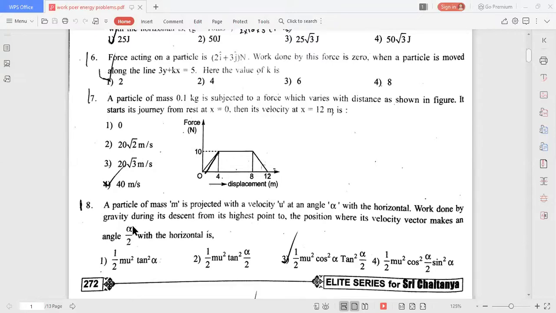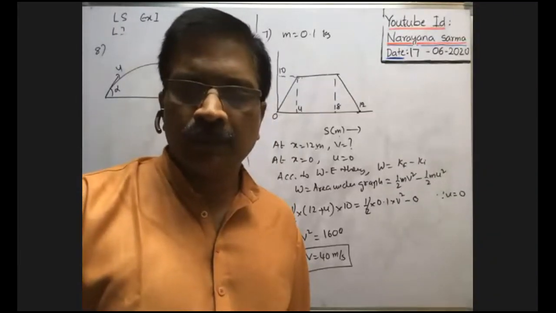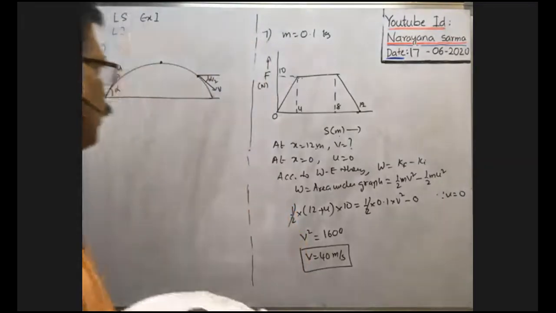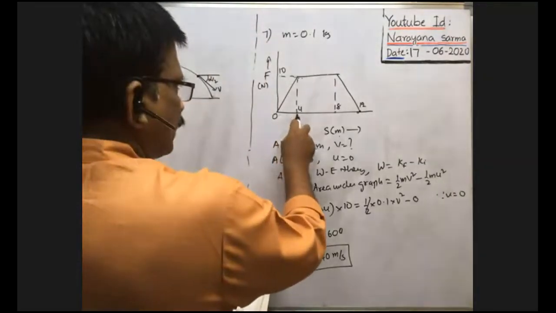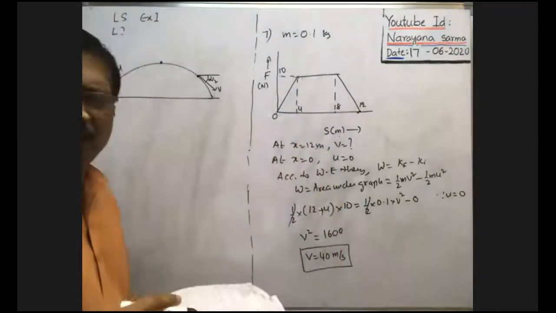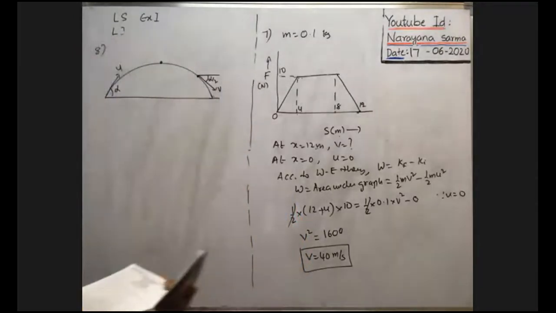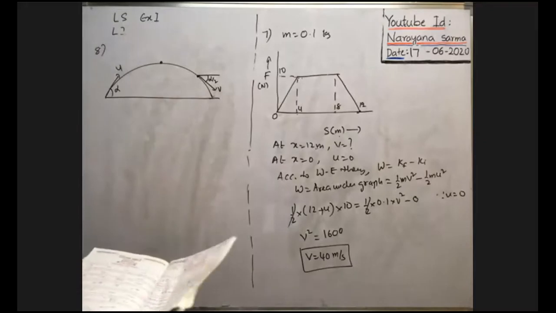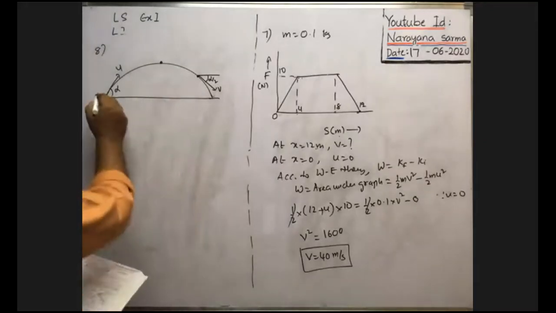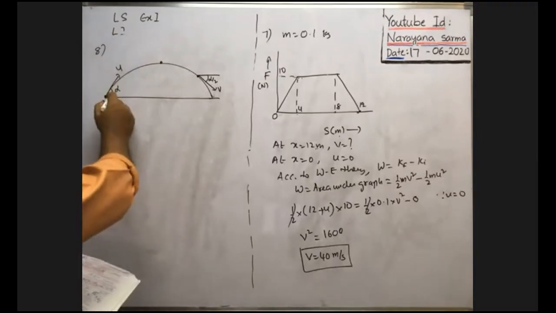Good problem. All of you see that problem. Okay, now all of you look at the board. Very, very important problem. Yeah, at 4 meter, what is the velocity means just the area of the triangle. We have to find the area under the triangle only. That's all. Based on the shape, we have to find the area. Okay, right. Next, it is a very, very important problem. All of you see that 8th problem. A particle of mass m. Here, the mass of the particle is given m. It is projected with a velocity u at an angle of projection alpha.